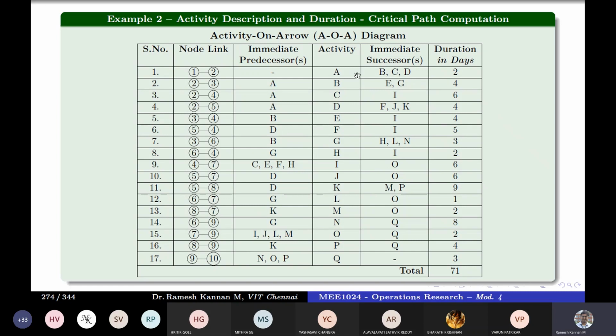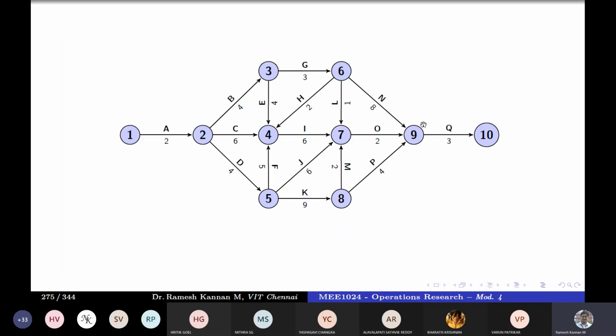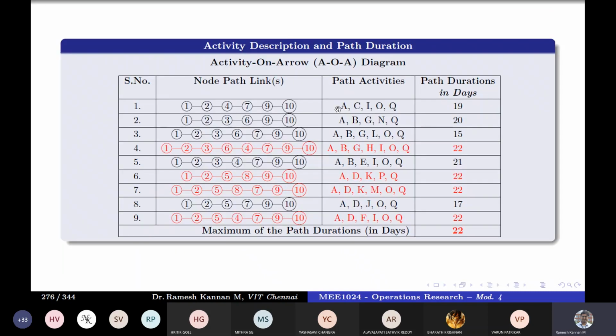This is example number 2. We have modified durations like this. When you do this, you can see paths number 4, 6, 7, and 9 all have the same number, 22. Not only that, 22 is the maximum of all these path durations.